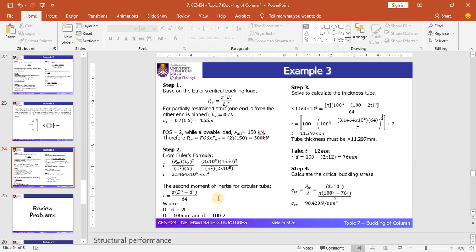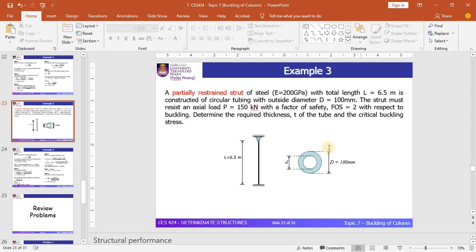The next step is to use the second moment of inertia equation for a circular tube. You can see the formula is given here, which is I equal to pi multiplied by D, the outer diameter to the power of 4, minus the inner diameter to the power of 4, divided by 64. Since the inner diameter is not given, and our objective is to calculate the thickness of the tube, the thickness of the circular hollow section,